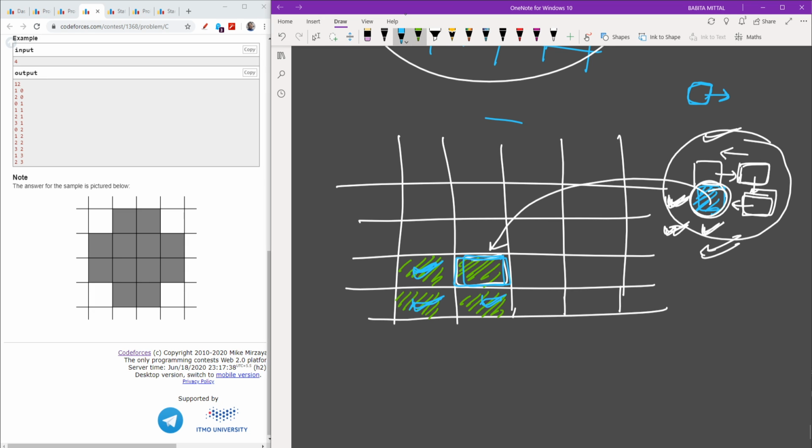Now the white cell should be upper. So let me take a red pen. The white cell should be upper, in the upper next and in the just next. Because of this, I would be able to obtain a cell which follows all three of these conditions. Okay, so now with the help of this, I am able to satisfy all three